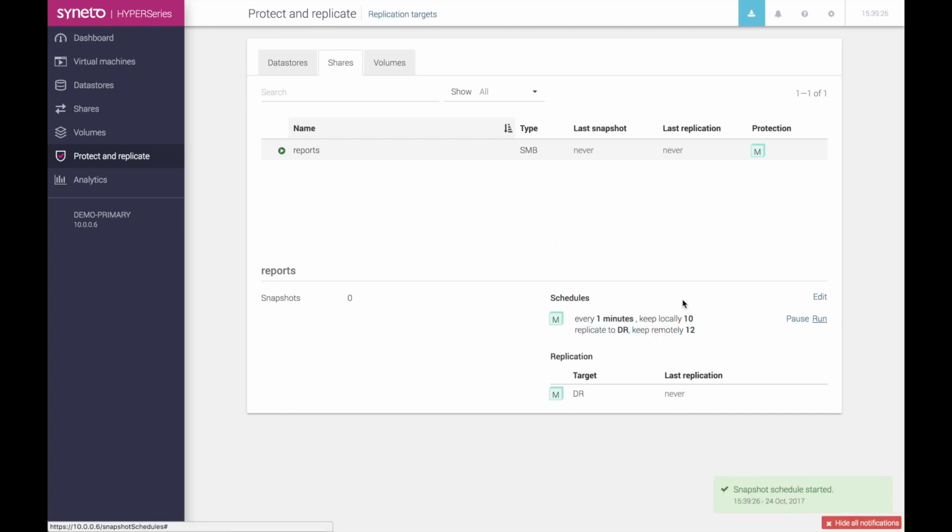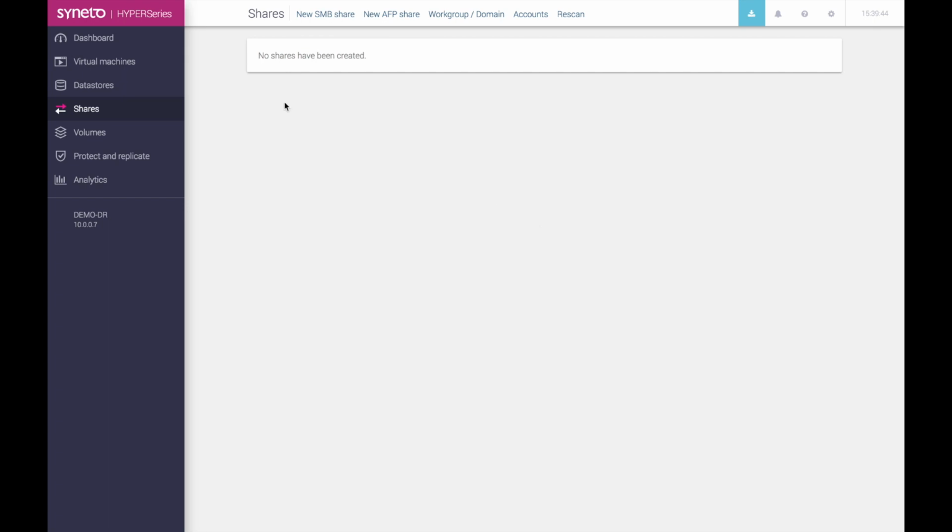Let's force run it for the first time so that we can actually get some snapshots. You can see the first snapshot has been already taken locally, and in a few seconds the last replication has also successfully finished. Now if we move to the demo machine, the demo DR, you can see initially no shares